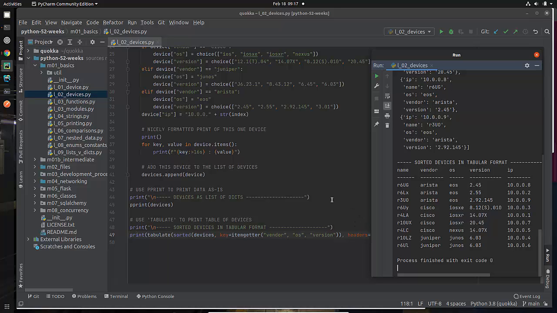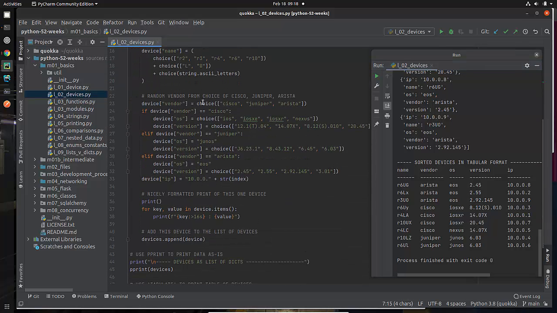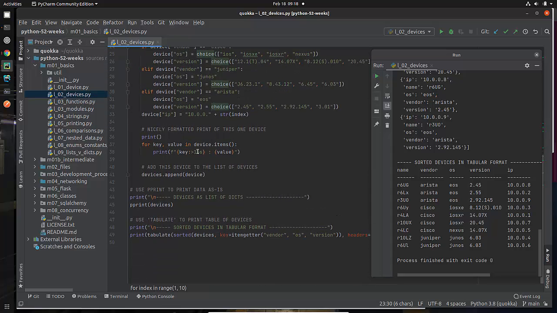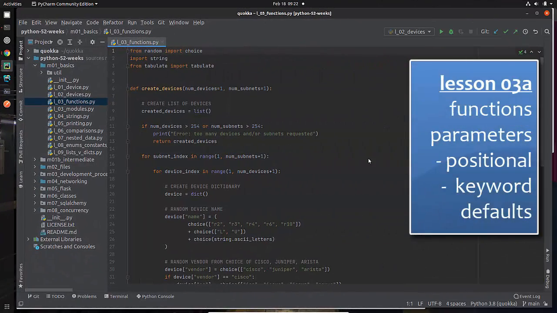So that was lesson number 2. We did another for loop, but just a numerical for loop. We learned about lists. We learned about some randomness stuff that I used to generate it. We appended to the list. We saw the pretty print, and then we used tabulate. And not only did we use tabulate, but we threw in sorted to sort the data, and that's how we ended up with this interesting and fine-looking table. That's lesson 2. So continuing on, lesson 3 is about functions, and basically all that we did was we took